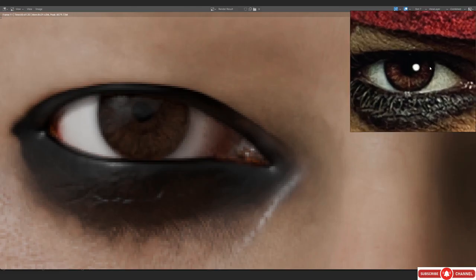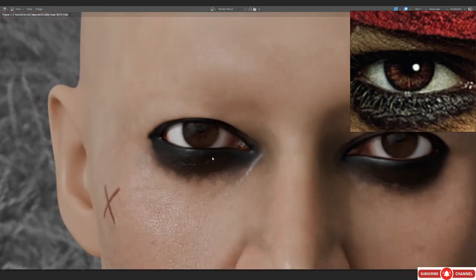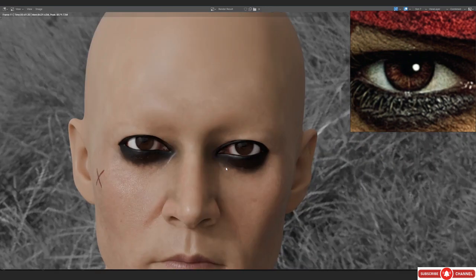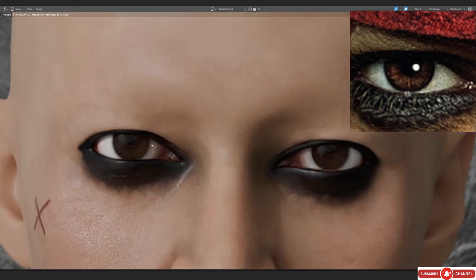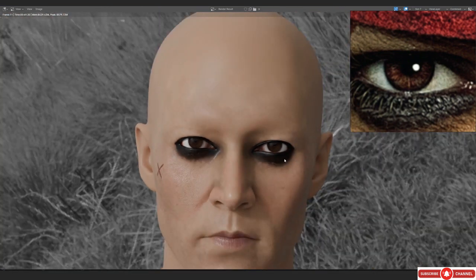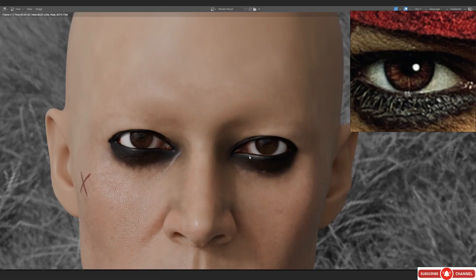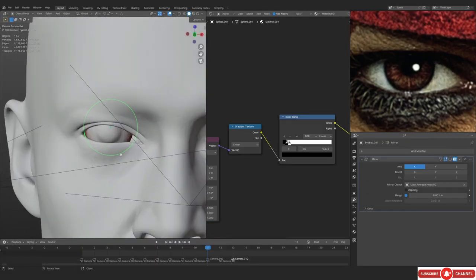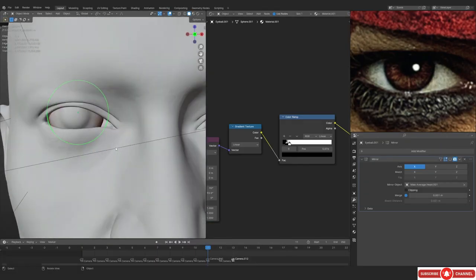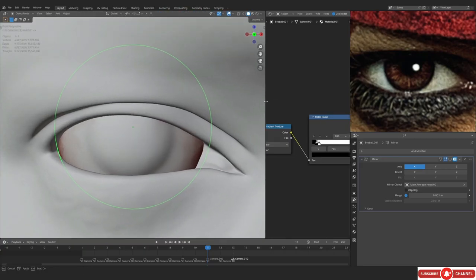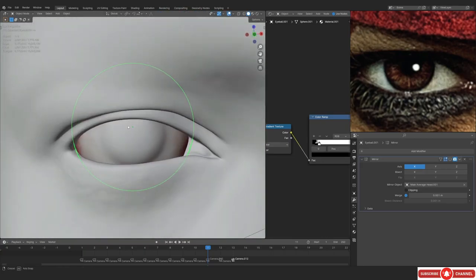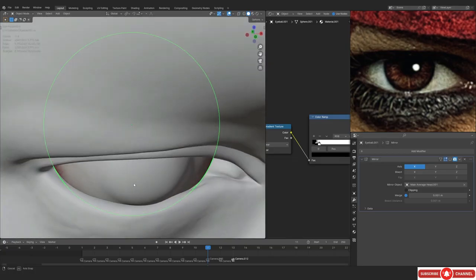In the reference, it does have some darker tones, this darker outline, by the way, which we are missing. And the eyeball itself is not that bright. In our case, the eyeball is pretty bright. I would really like to lower the brightness down, and that's something that I feel like we definitely need to do. So that's what I'm gonna do next.